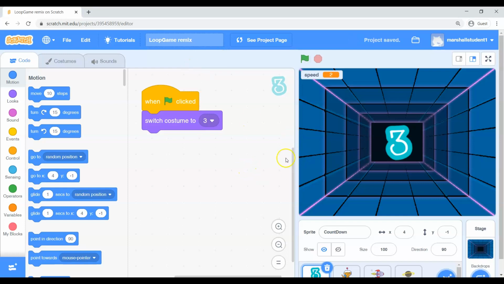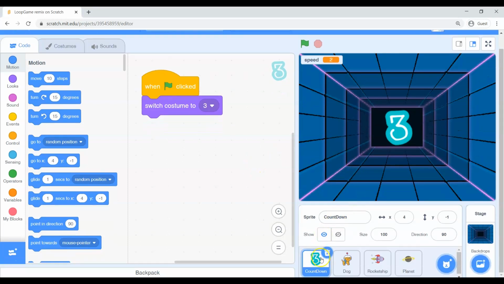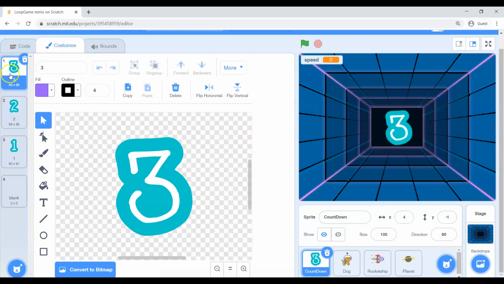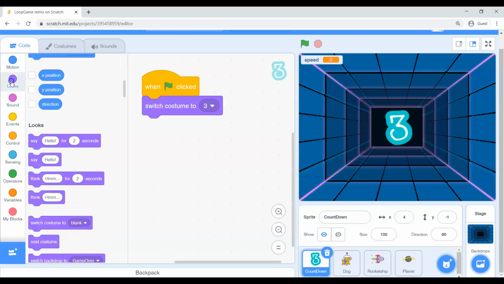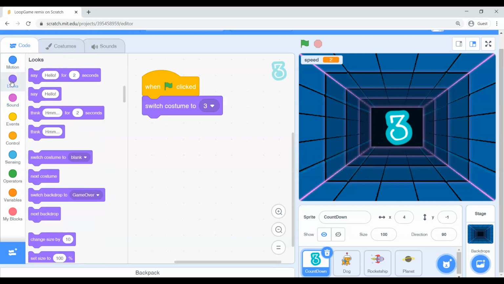So first thing I want you to do is be sure you are in the right brain. If you look down here at your sprites, we got lots of sprites. I want to make sure you're in the brain of this 3, which is called countdown. You'll notice that he has costumes 3, 2, 1, and 0. So what we want to do is have these things cycle through their costumes. If I hit run right now, all he does is sit there and look at me, which is kind of sad. So our vision is, if you go into looks, which is purple,